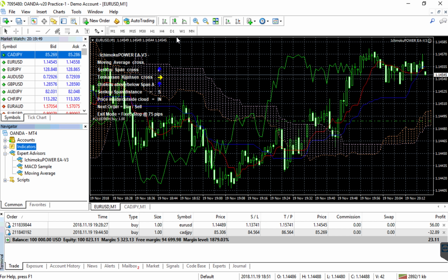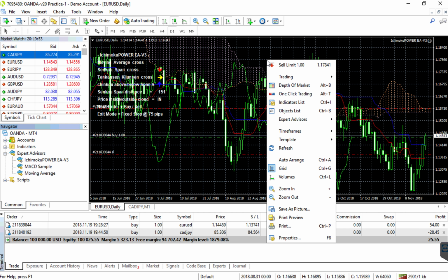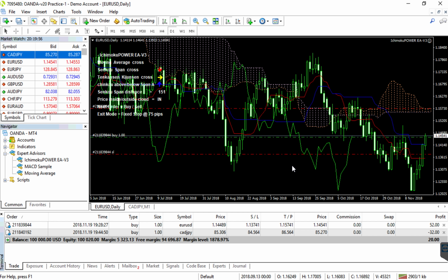So if you're in a highly volatile period, let's go to a daily chart. I'm going to remove this grid so that we can see things a little better. If it's really highly volatile, you want the Ichimoku cloud to be more smooth and thick like this, because you see that when a reversal happens like this, the cloud is a lot easier to read. And so what you want to do when you're dealing with a highly volatile market is make sure that the candles back